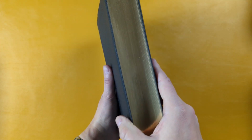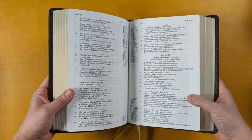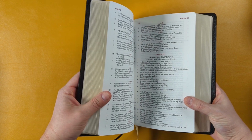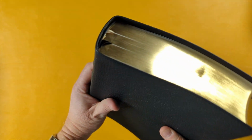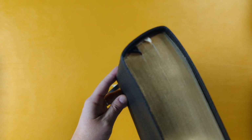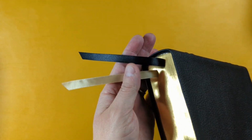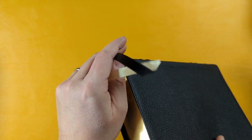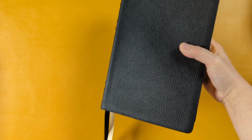So that's really nice. And then this edition has gold gilt page edges. There's no red under gold. You'd have to get the goatskin edgeline edition, the premium edition, for the art gilt. But this is gold edge pages. And then it also has two ribbons, a gold ribbon and a black ribbon. And they look very nice. They're double-sided satin, angle cut, and have a very nice look to them,